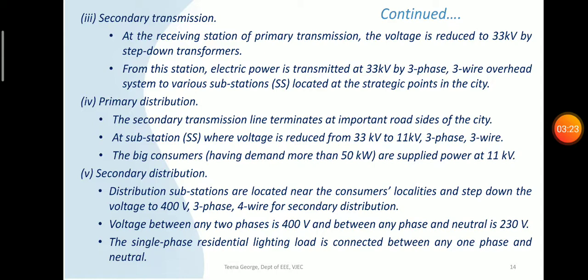By using a three-phase four-wire system, we have a provision for neutral conductor. If we take the voltage between two lines, then the voltage will be 400 volt, and if it is between a line and neutral conductor, then the voltage will be 230 volt. So, we can have three-phase or single-phase supply from a three-phase four-wire distribution transformer. Usually, the residential lighting loads are connected with 230 volt supply and the high-power loads are connected with three-phase supply.